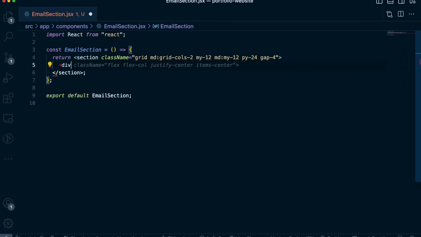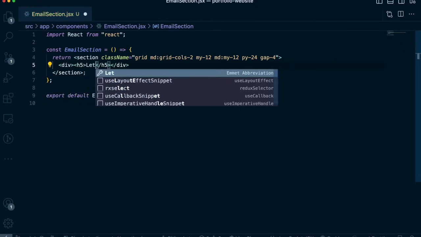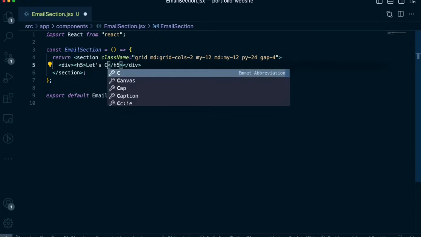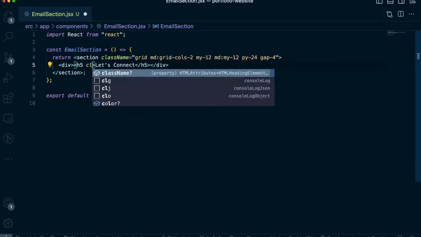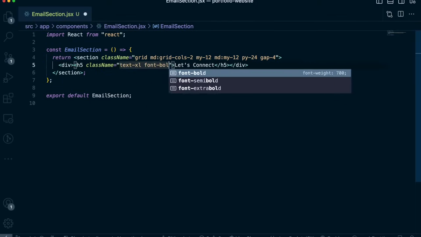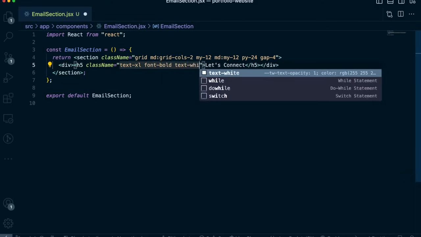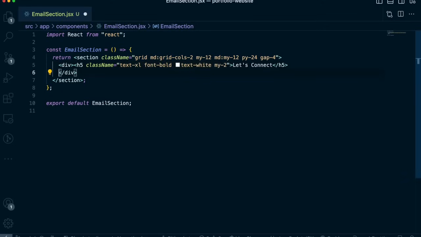Inside here, we can start working on our first column, which, as I mentioned, is going to be more informational. Let's add a header. I'm using H5 in this case, and something that says, let's connect. Let's update the styling of this H5. For text, we're going to set it to XL. Font is going to be bold. As for the text color, we'll have white,